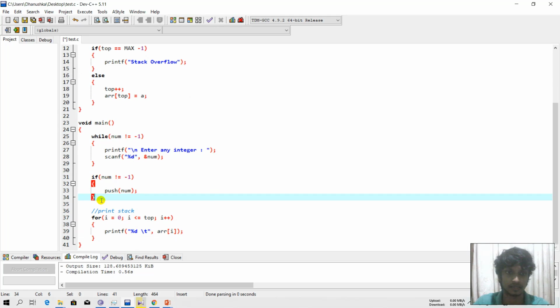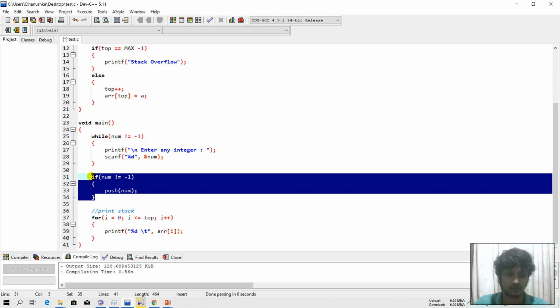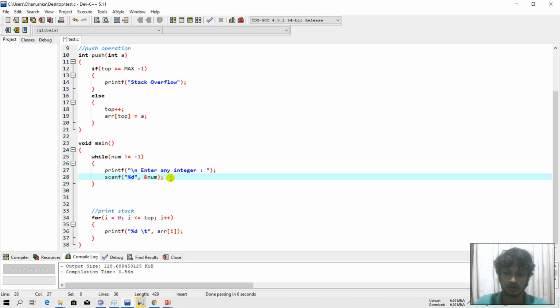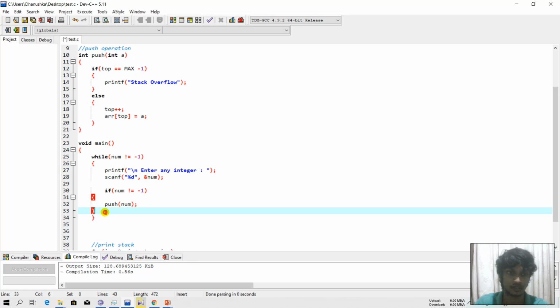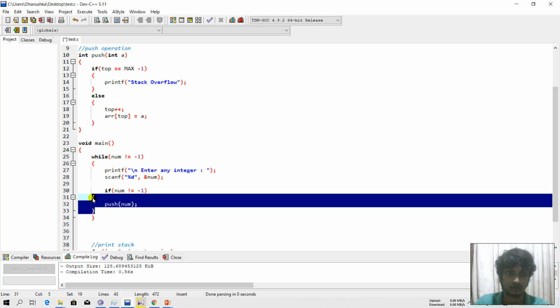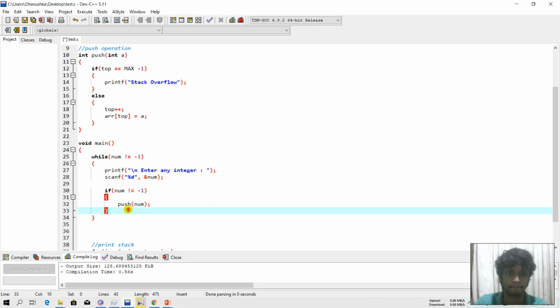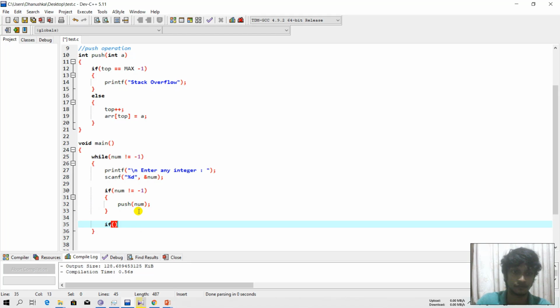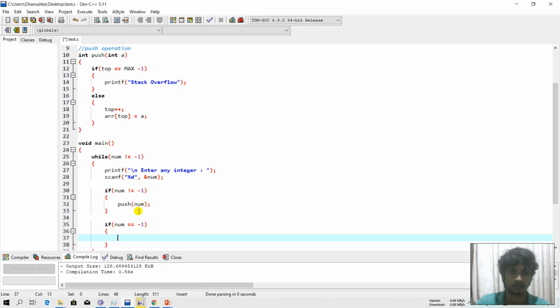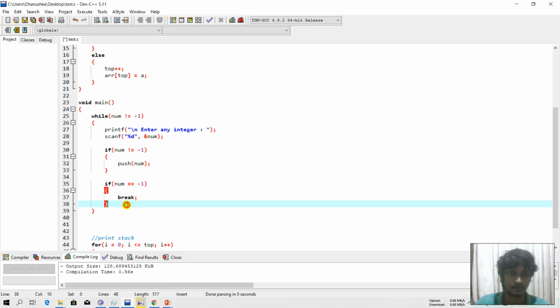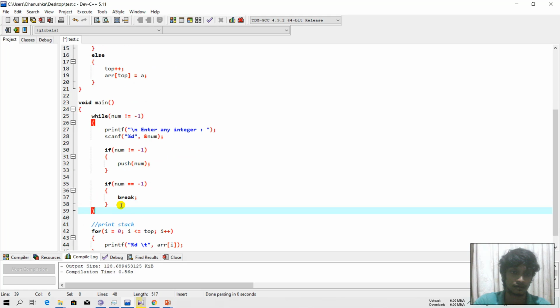This if statement should also go inside the while loop, otherwise it will not keep looping. And if our num equals -1, which is our exit signal, then the loop should break like this.